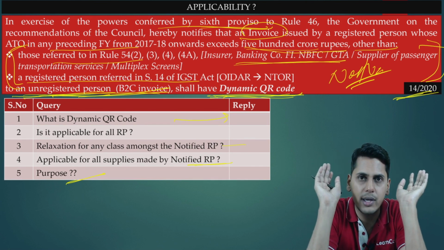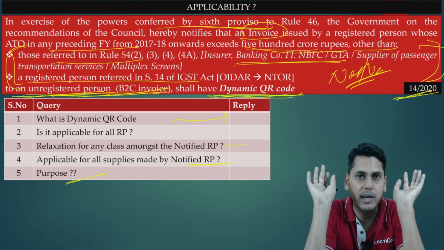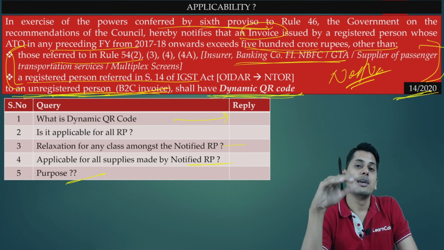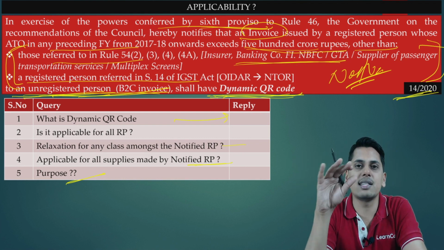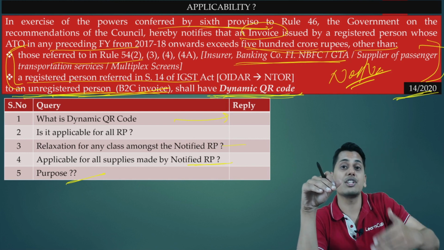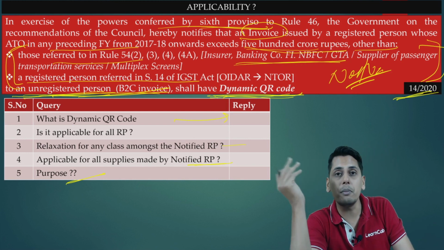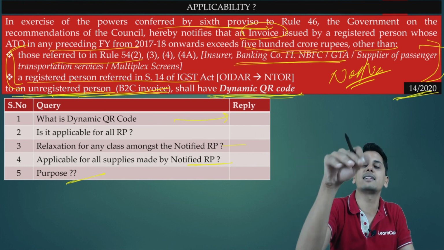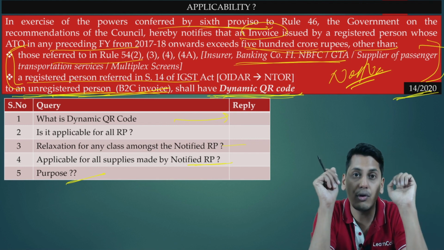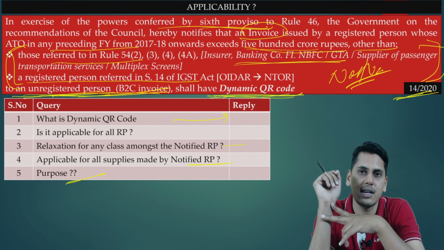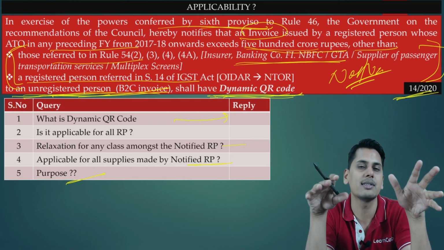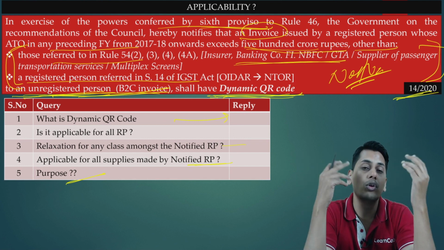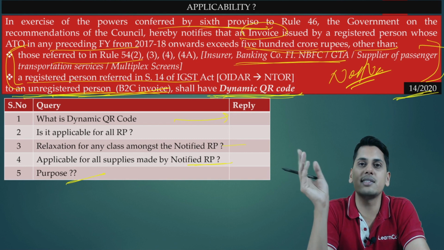Let's suppose I do not issue an invoice. I make supplies to you and I do not report this transaction to the government. Now friends, in this case there is still a possibility left with the government that this evasion can be found out. How? Let's suppose in the course of an audit, it is verifying or inspecting your books of accounts. From there it gets a lead that I have made supplies to you for which I did not issue an invoice and did not report the transaction. In case of B2B supplies, if the audit is done in the premises of one person, various leads come wherein certain other registered persons are also found who have evaded taxes.